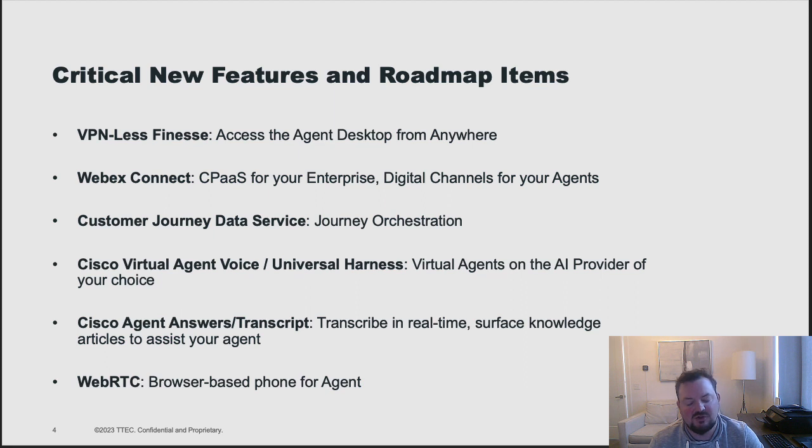So what I mean by that is you might have all this eventing data in your CDP, but now something happens directly involving the contact center. Well, the Journey Data Service has the hooks into the contact center to make orchestrating those actions, like maybe I just want to offer a chat or connect them directly to an agent. You don't have to go spend the time to build all that. Rather, you can trigger that event, you can be watching that event, you can really do that from either side,